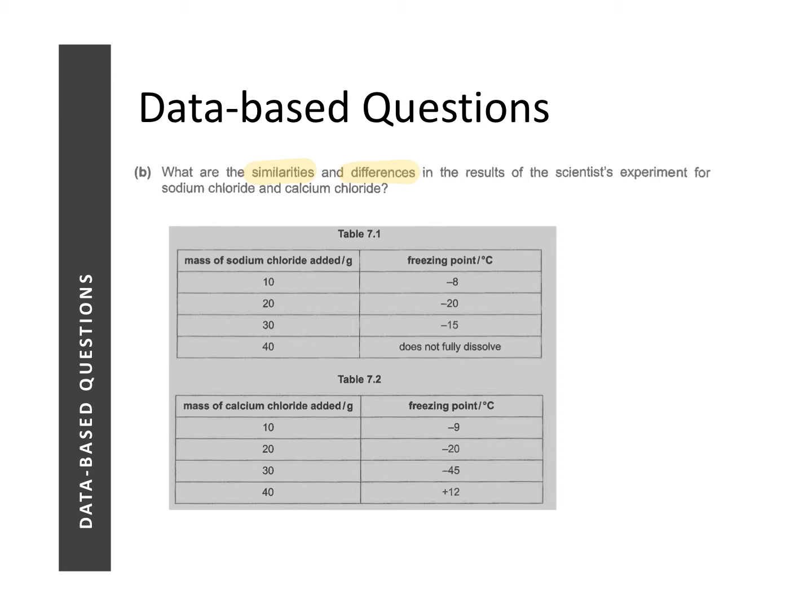When we ask for similarities and differences, we want to look for trends, similarities and differences in trends rather than simply stating data. So for example, a student can say that when 10 grams of sodium chloride is added, the freezing point becomes -8. When 10 grams of calcium chloride is added, the freezing point is -9. I know it's a difference, but what you are doing here is simply stating the data. So what they want is a difference in the trend